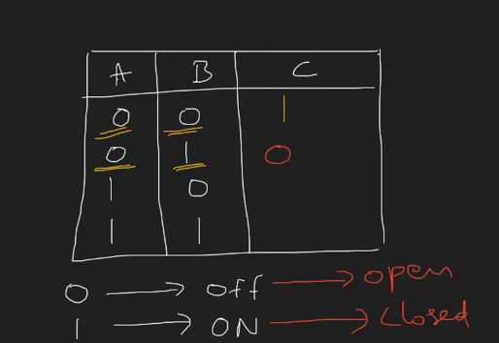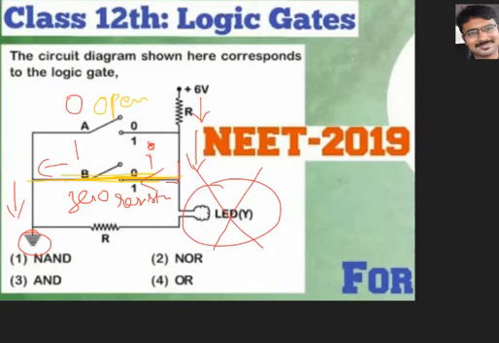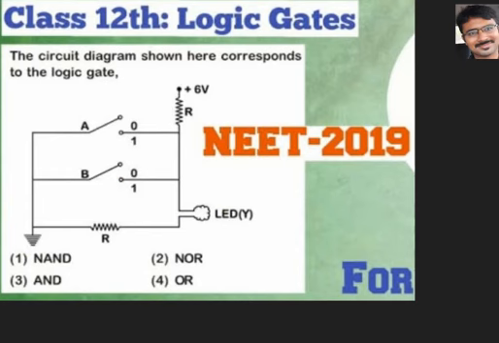Next, observe the next one. Next one is what? 1. And here what we have? 0. A is 1, B is 0. So A is 1, B is 0. Now what happened? That means here what will happen now? Automatically 1 means it is closed. Here it is 0. 0 means it is open now. And this is in the condition of closed.